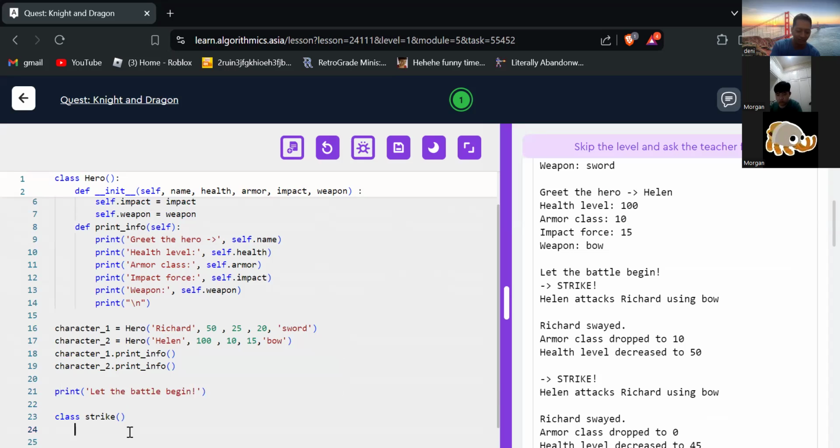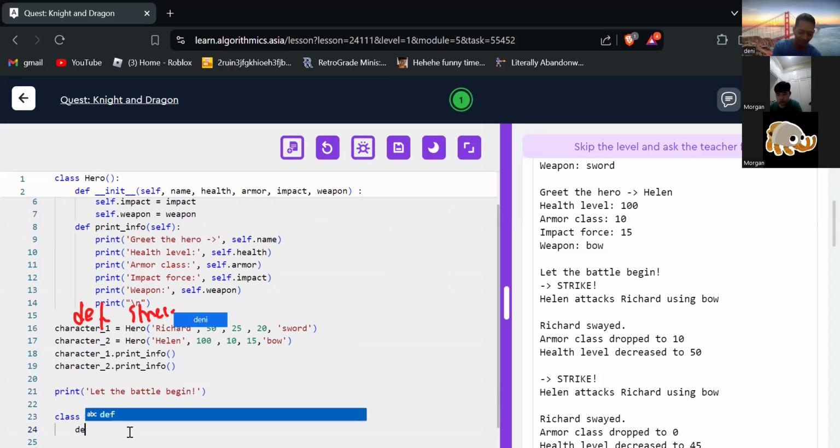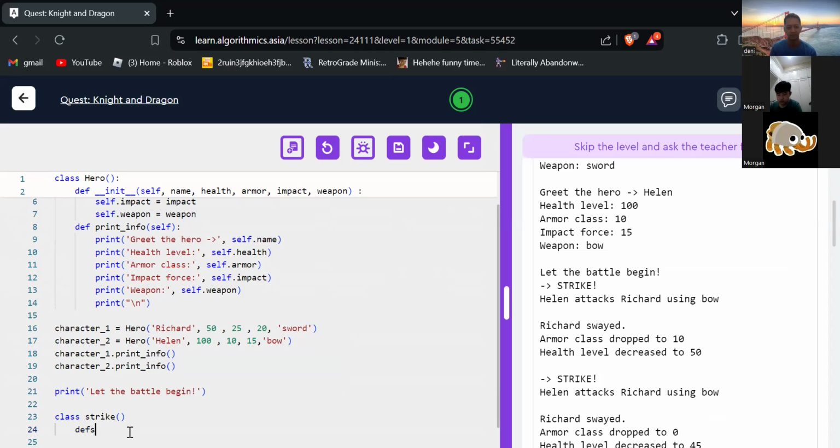You just need to add a method again. Strike here. Just make a new method in the hero class. Strike.